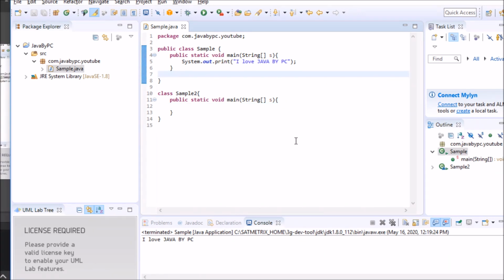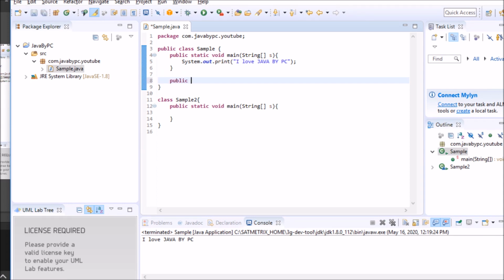Now another question is, can we keep more than one function in a single class? Let's try it. Public static void main. Obviously it will not allow us to keep the exact same signatured main function, because it will be a duplicate function, and one class cannot have exact duplicate functions.